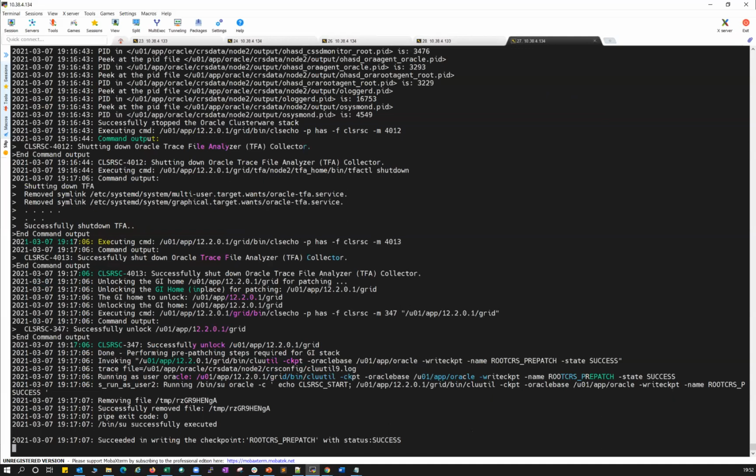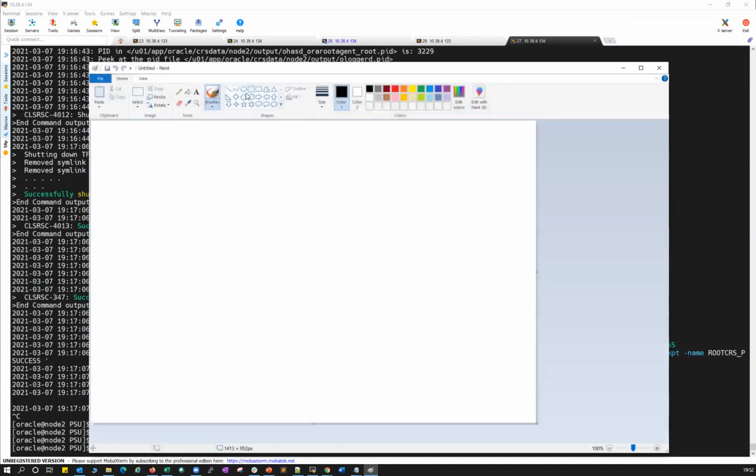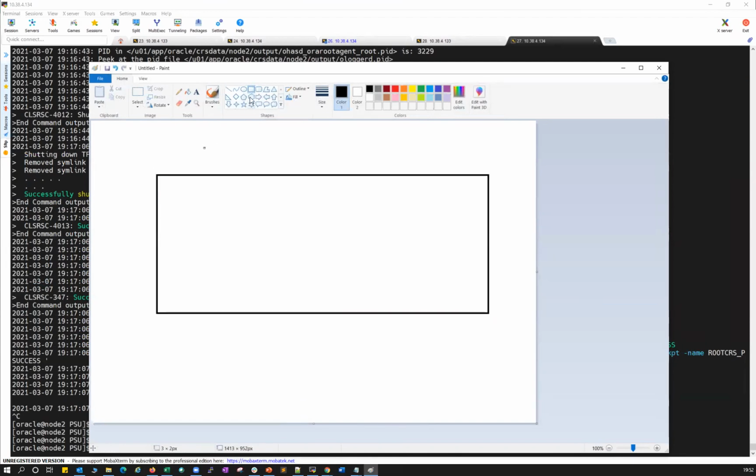What is rolling patch? Okay, good question. I'll explain that. So this is my clusterware, and I have this node 1 and this node 2.